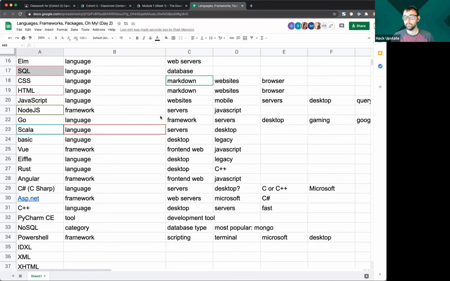So Bootstrap and Material UI are the two most common HTML and CSS frameworks. Those frameworks kind of span both HTML and CSS. I'll put together a diagram of all of this just to help you visualize it. In order to build a full web app, you're also going to need a backend server.